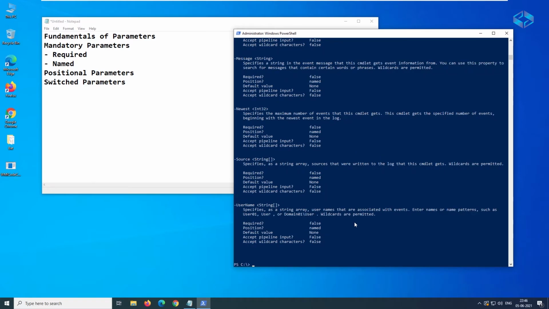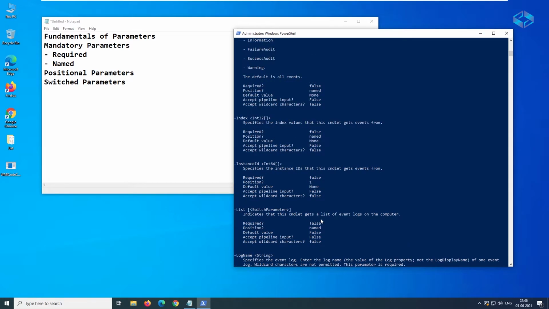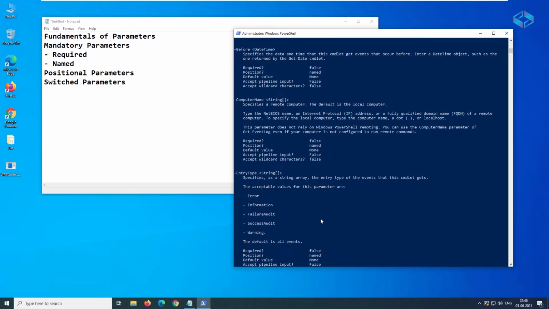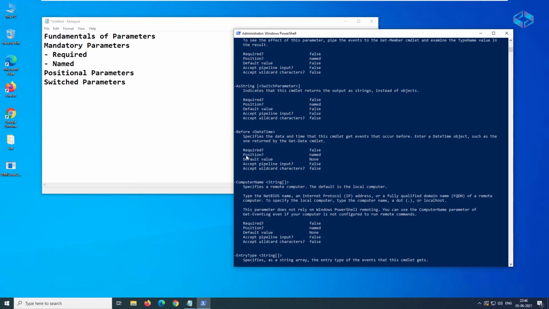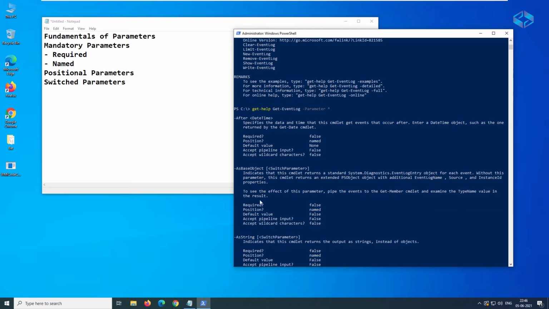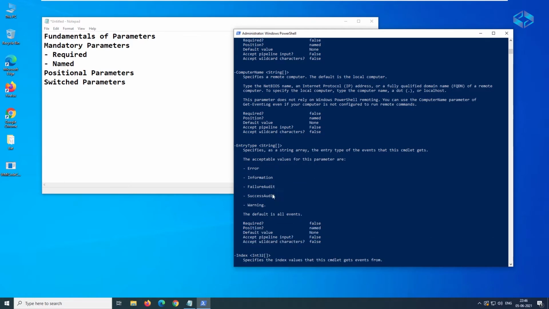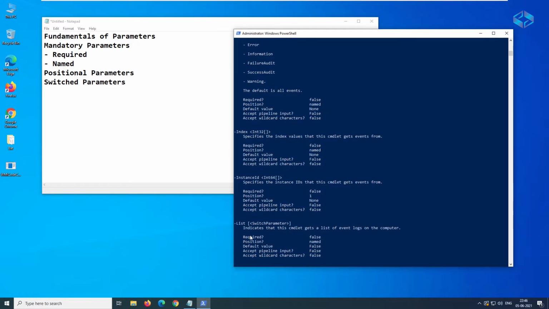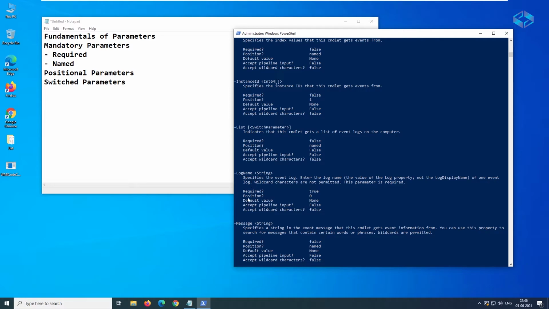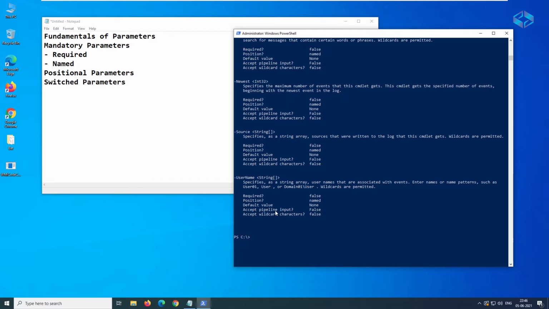They are available here. There are multiple parameters you can use. Here, mainly, let's take the name or event log type, maybe log name, source and log name.